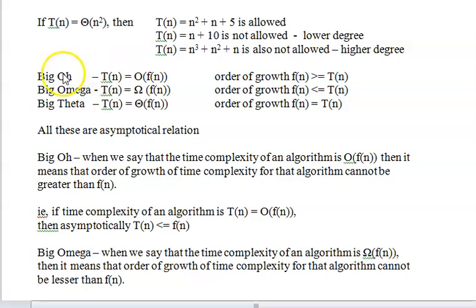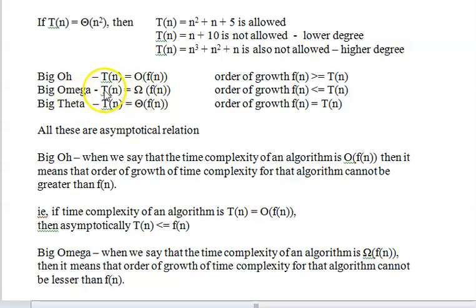So in summary, we can say that big O notation will have this equation, T(n) equal to big O of f(n). We can interchange this f(n) and T(n). T(n) can be replaced with x(n) or h(n) or g(n) likewise. So order of growth of f(n) will always be greater than or equal to T(n) in big O notation. When we come to big omega notation,